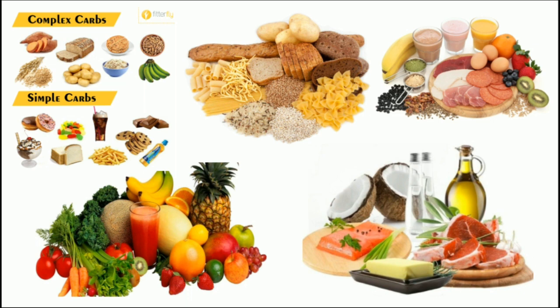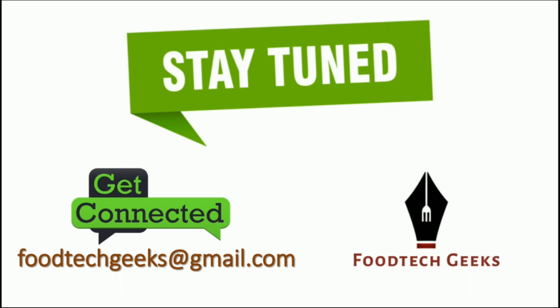So these are the various food groups which provide various nutrients, and all the nutrients are very important to be supplied to the body in a very balanced manner, because the deficiency or the excessiveness of any nutrient will lead to harm to the body. So a balanced diet is very, very important for a healthy body and healthy mind. With this, we complete the lecture on components and functions of food.